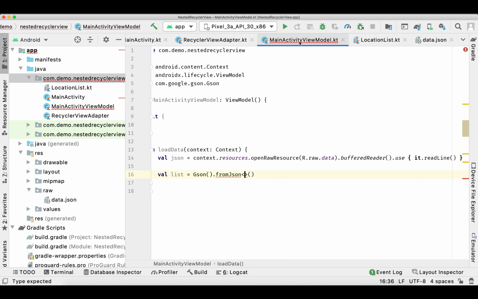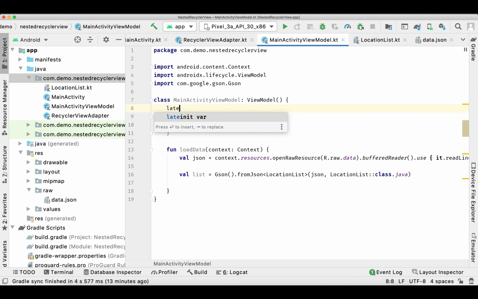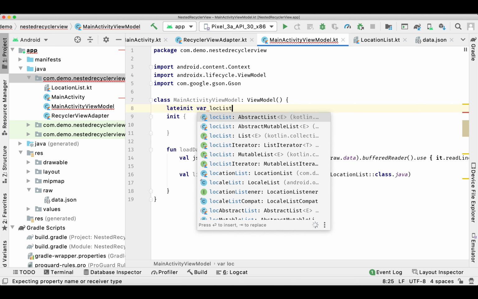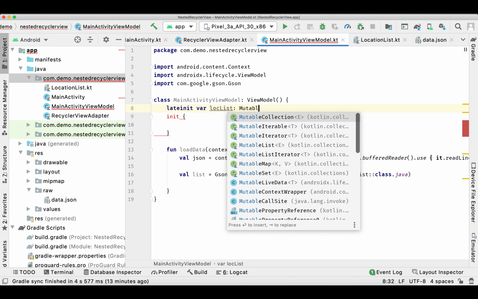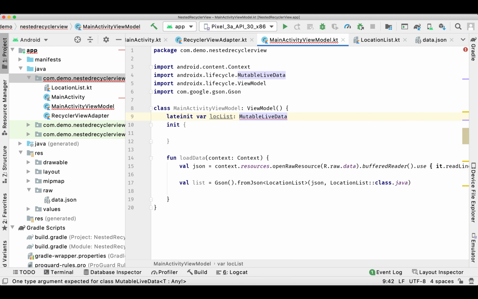And now we'll pass that location list inside this JSON and the class. We'll declare a mutable live data so that we can set an observer in our activity and pass that same data to our adapter.